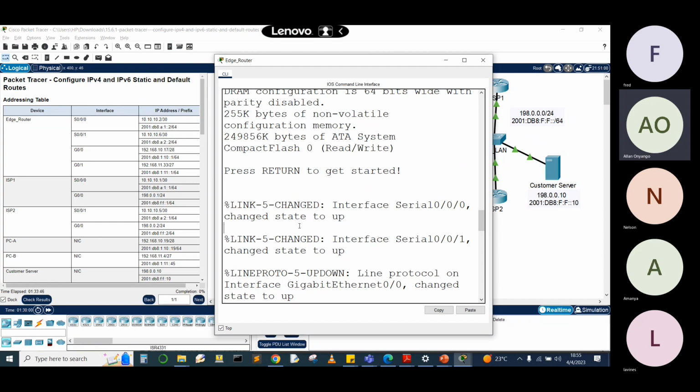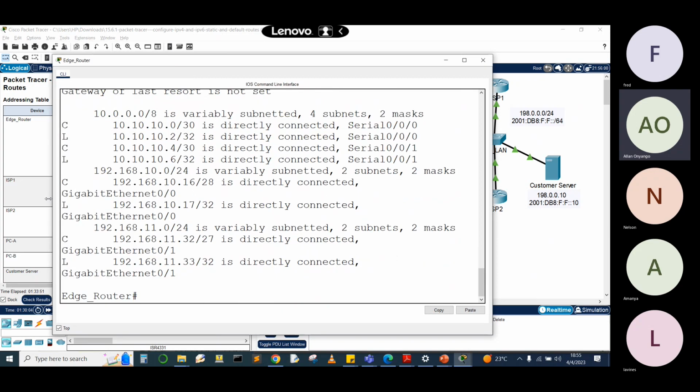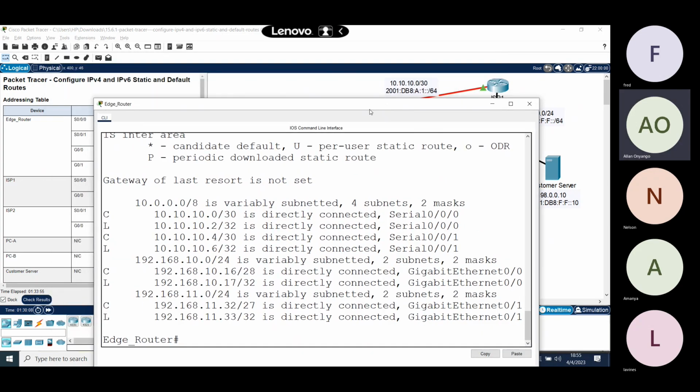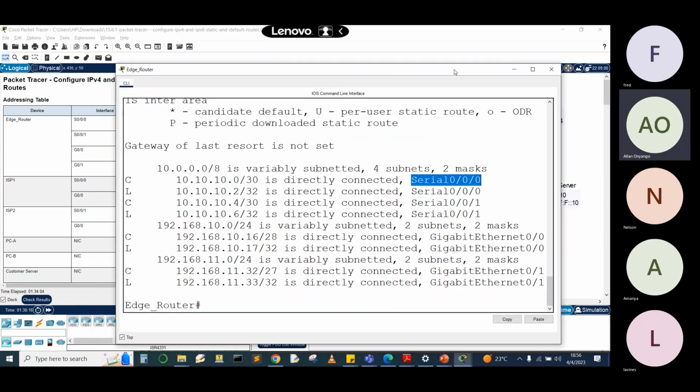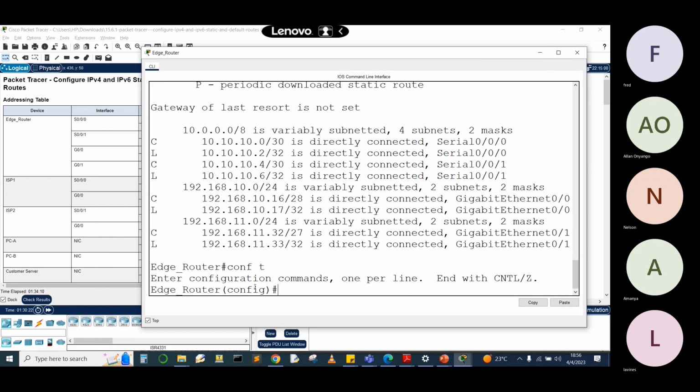Go to your routing table and just say show ip route and look at the interface that has the network address you're looking for. We're looking for this network address 10.10.10.0. Look at it here, and we need this interface S0/0/0. That's exactly what we need. So on the edge router, let's go to the global config, say conf t. And the first thing we are supposed to do here is